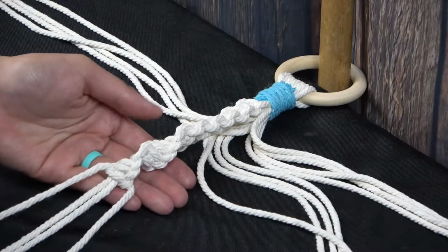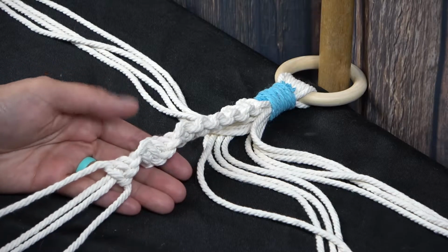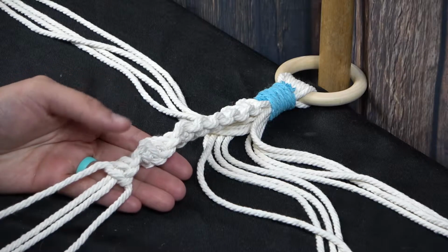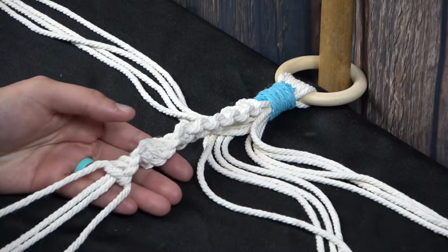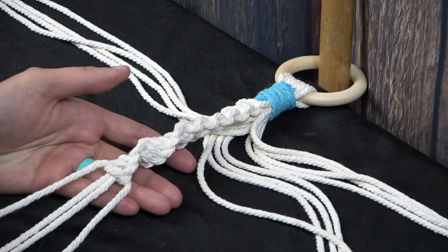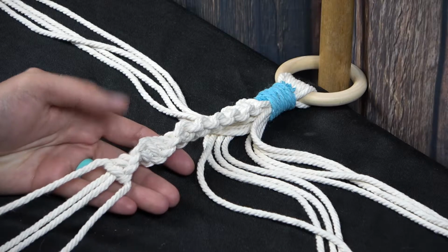As you can see here, I have finished my 10 knots now, and it's created this little spiral look. So this is what you want it to look like after that twisted square knot. Now we're going to continue on with our pattern, and the joy of macrame is you can do it however you like. So if you want, you can either continue this twisting pattern all the way down,